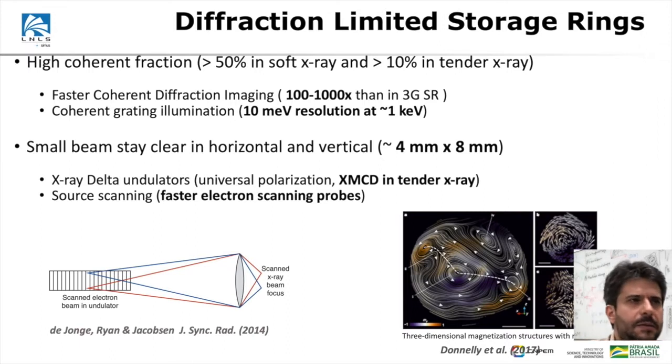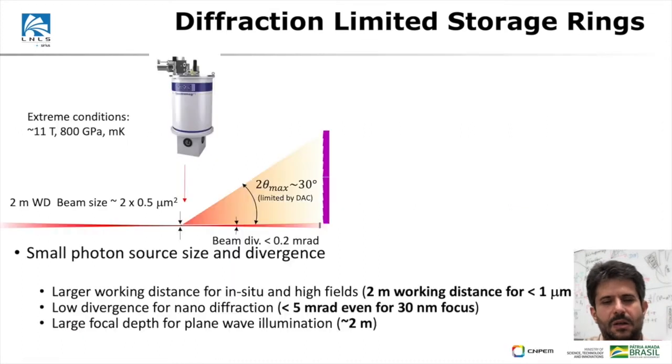Another characteristic, resulting from the low emittance of these diffraction limited storage rings, is the fact that you can concentrate beams into small scales, micro and nano beams, with small divergences. That means you can do diffraction with large working distances and small divergences, and use environments for extreme high fields and extreme temperatures, like the ones I'm going to show you in one of the beamlines